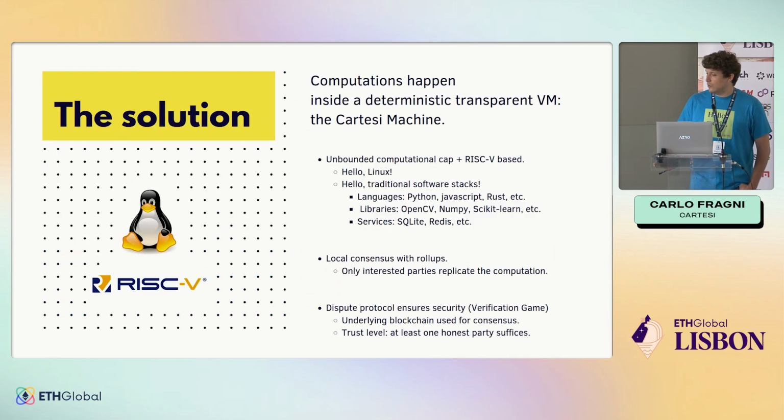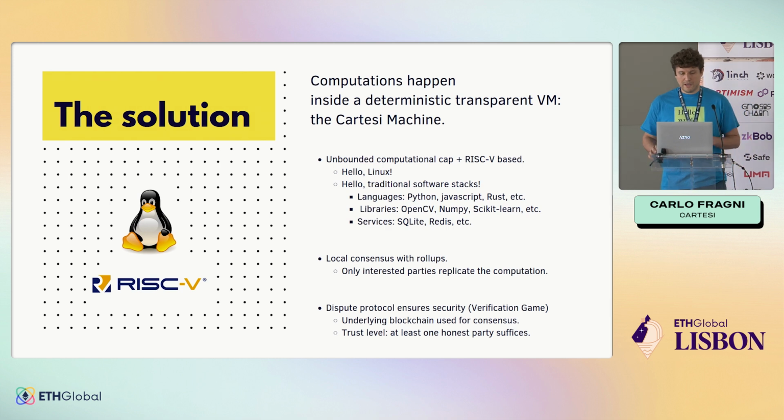So what's our solution? We have this really cool application-specific rollup solution. We basically do a rollup for each application that deploys on Cartesi. Each one of them has their own VM, and this VM is based on the RISC-V architecture, which is an open hardware processor. And since everyone's got their own processor, the applications are not competing for resources.